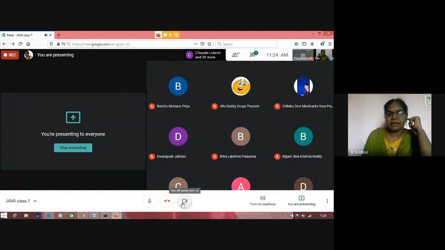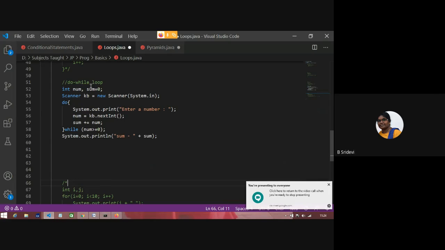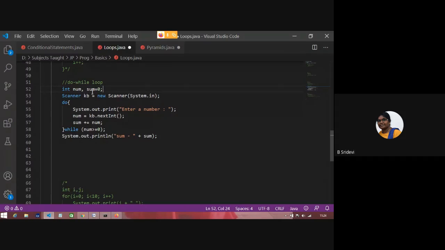Tell me again if you are not following that program. Clear? See, this is the code. We have declared two variables, number and sum is equal to 0. For number there is no initial value, and in sum I kept a 0. Whenever I assign 0 to it, the meaning is I am going to do some additive problem. If I initialize 1 to it, then the meaning is I am doing some multiplicative problem.